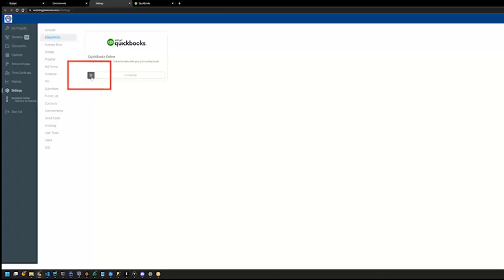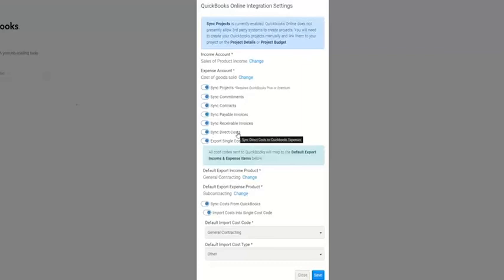And now I've already set up the whole settings for this. The settings is the most important part of this whole integration as far as how a user actually gets in and starts using it. It's like the number one priority. Once you create that link, you'll be shown the settings. There are a few things here that are required, as you can see, and it won't even let you save the settings until you've selected those. For example, income account, expense accounts,